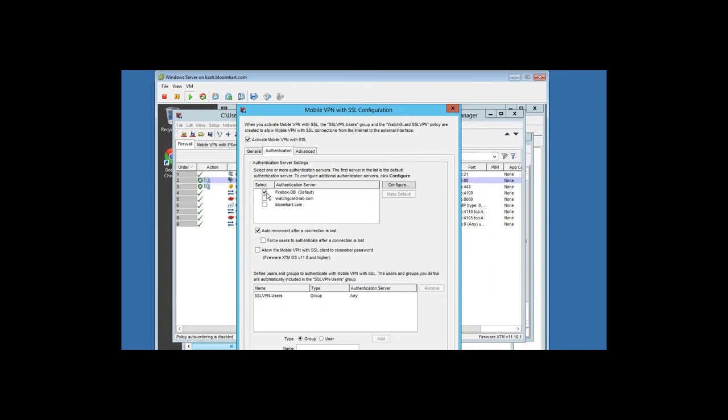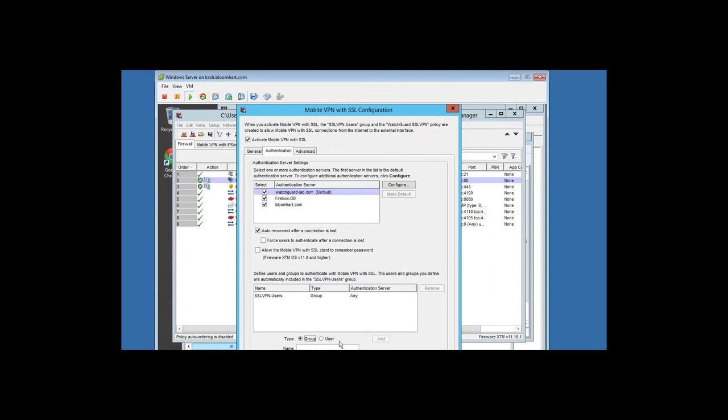We can come under authentication server settings here. Now, as I mentioned, one of the powers of WatchGuard is being able to specify multiple domain names; you can have multiple domains through SSL VPN as well. Now, what you can do is tie in different defaults. So as you see here, we can click on, for instance, Firebox database. We can make WatchGuard-lab the default. That really comes into play when they hit the authentication portal on there. And then we can tell it